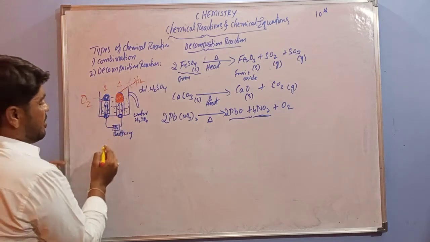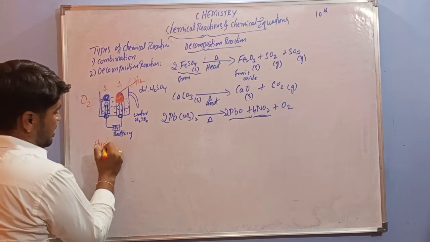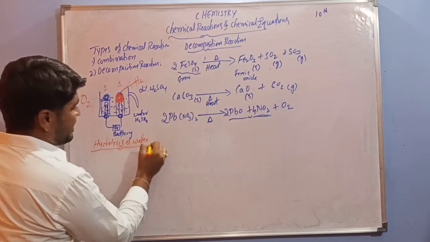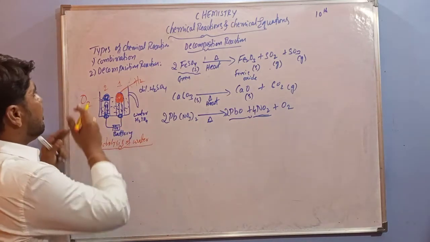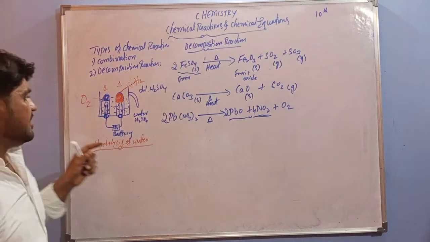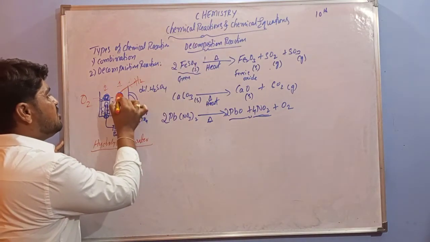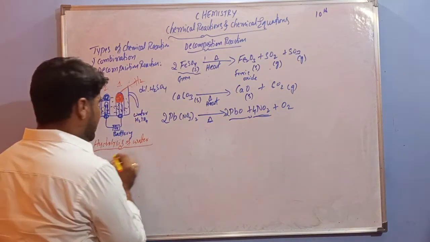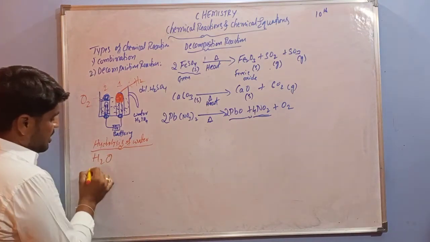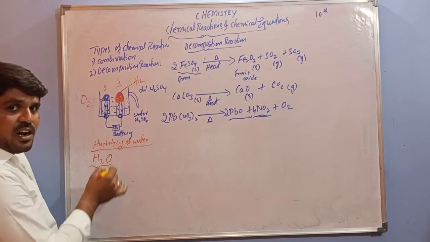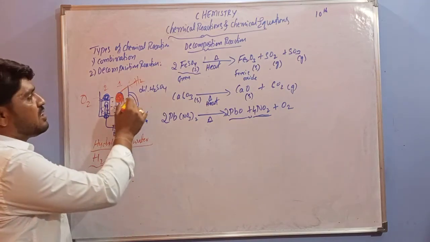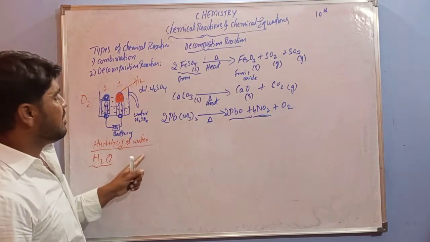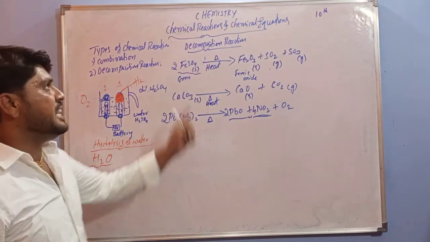So why in this particular hydrolysis of water? By using electricity, I am conducting a decomposition reaction. In this experiment, more hydrogen is collected in the test tubes when compared to oxygen. Why? Because the molecular formula of water is H2O, so 2 parts of hydrogen are present in water. That's why more hydrogen is collected in these test tubes. This is the hydrolysis of water. These are examples of decomposition reactions.